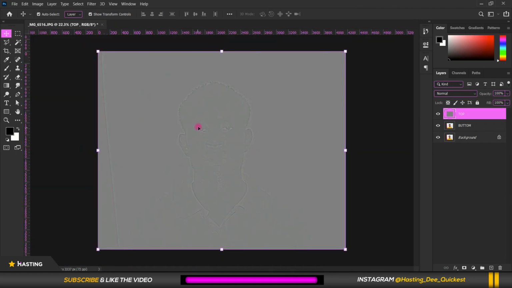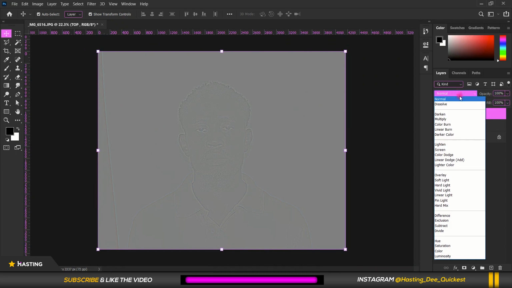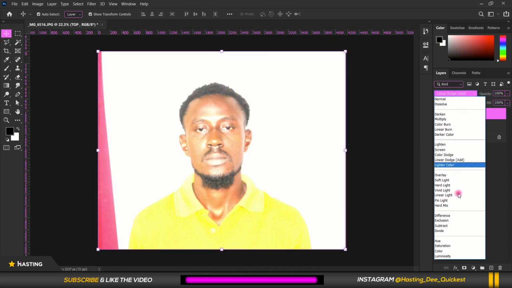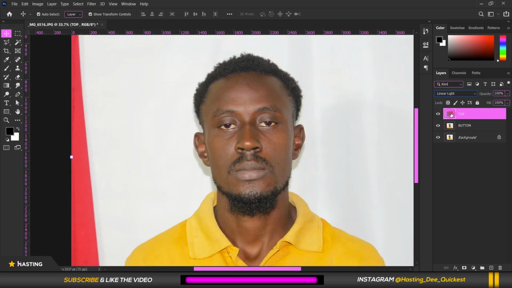So all I'm going to do now is to select the top layer. I'm going to come to blending mode and I'm going to change it to linear light. You can see, so it looks like the original image. You can see that. So the next thing I'm going to do now is to select the top layer and